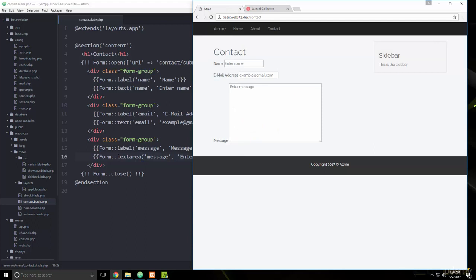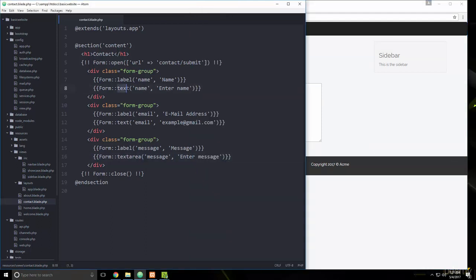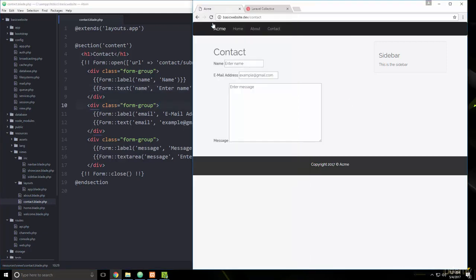There we go. Now, if we want to add a class to any of these, what we can do is, for the text right here, we're going to put in an extra parameter. And this is going to be the value. Okay, if we wanted to insert a value here, we could do that. But this is going to be blank. And then the next one is going to be an array of options. And one of those options can be the class. So we're going to say class is going to be form control, which is a bootstrap class. So if we go ahead and save that,